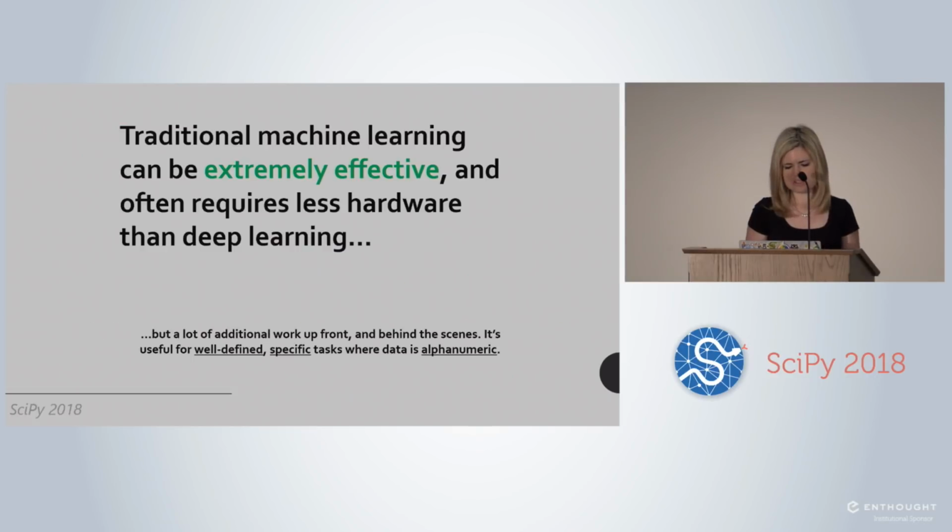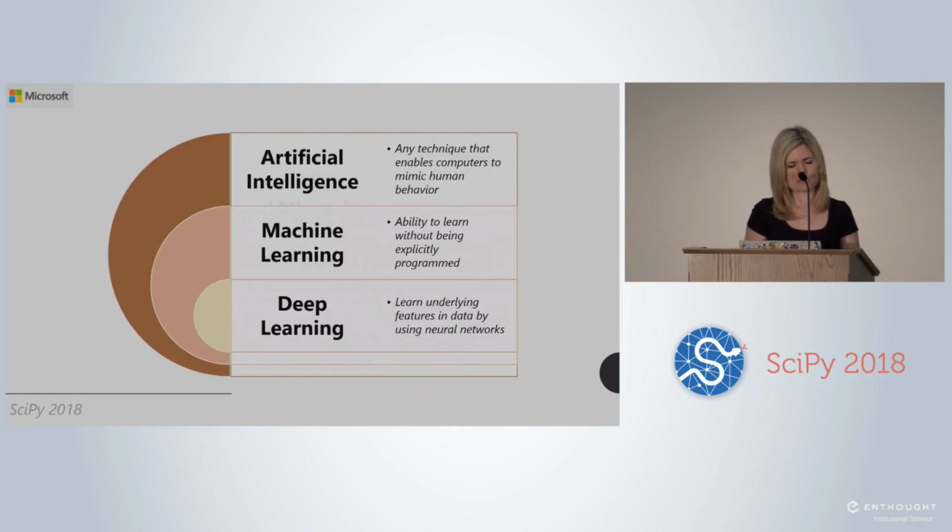So traditional machine learning, extremely effective. It requires a lot less hardware than deep learning. And if you look in a 90s textbook on data mining, you'll probably find things like support vector machines, decision trees, the like. But the cool bit, and the bit that we're going to be focused on the most today,